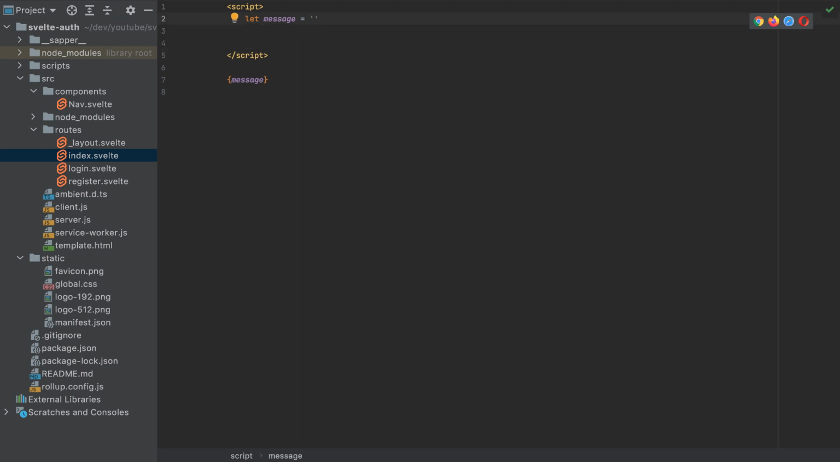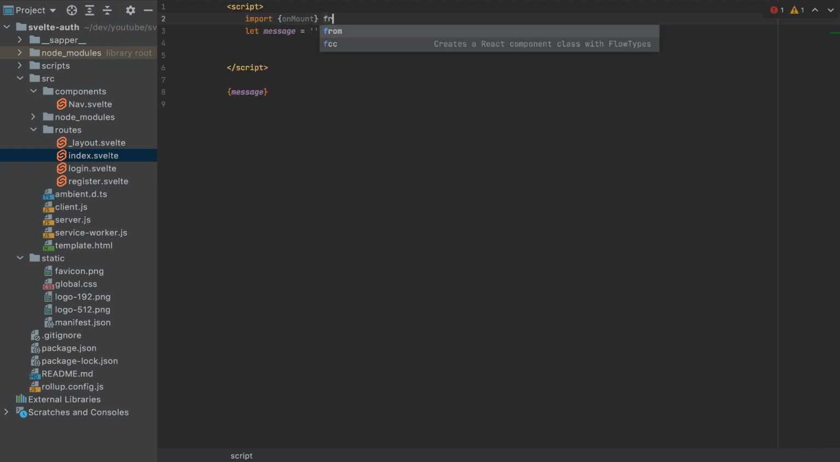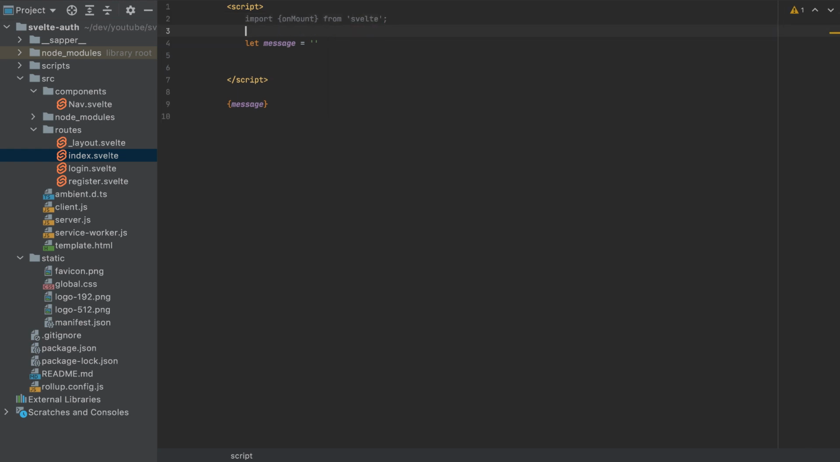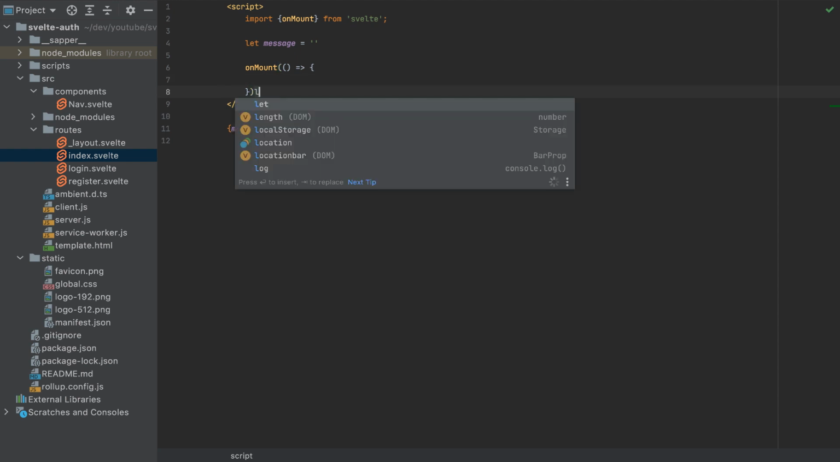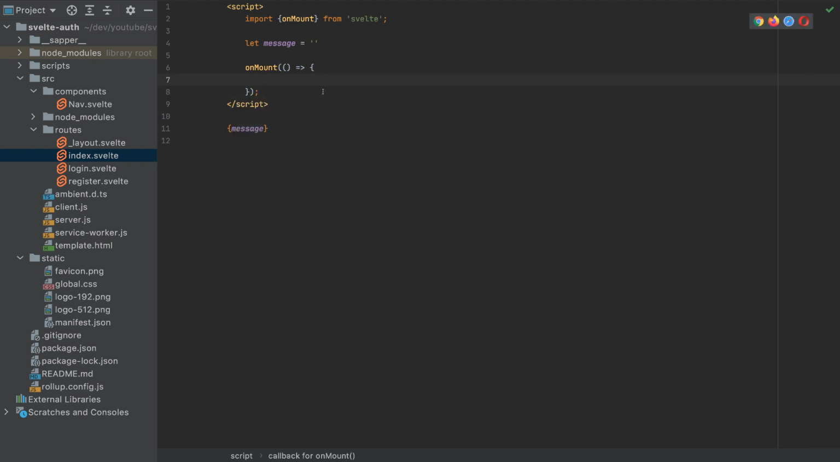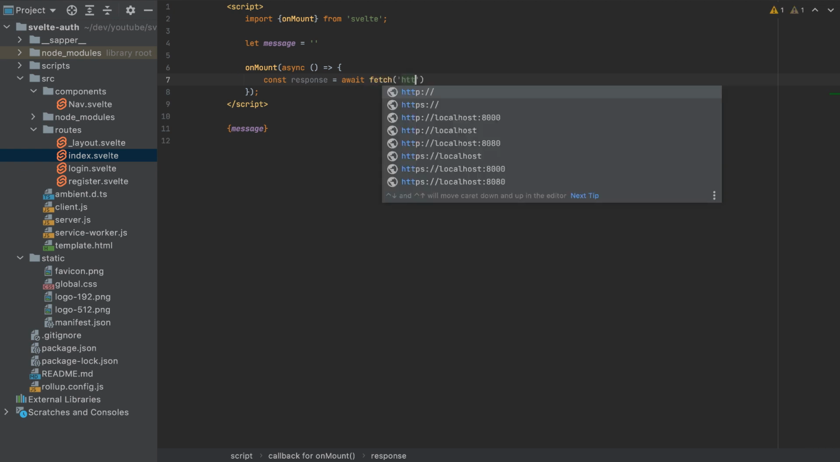So we need to import a function. So I will import onMount from Svelte. So we have to wait till all HTML has been rendered, then we have to call the backend, and we'll call this onMount, and this accepts a function. Inside this function we'll call the user, so I'll make this an asynchronous function, and we'll call here, I'll get the response, which is equal to await fetch HTTP